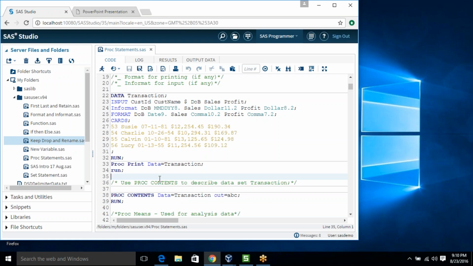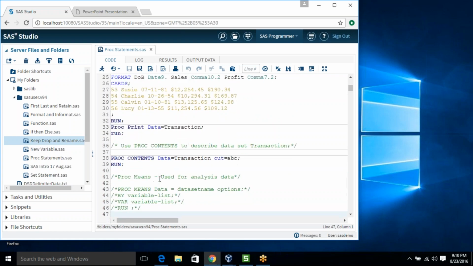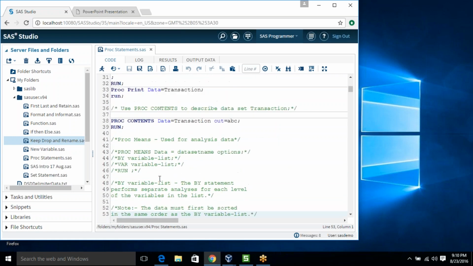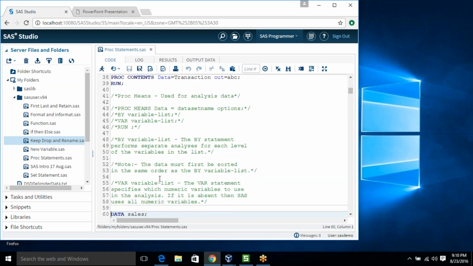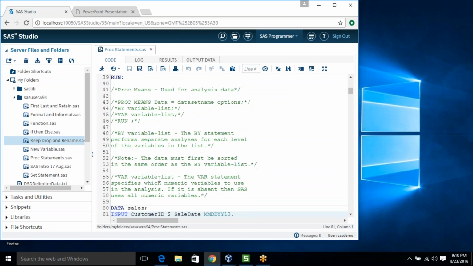Proc means. Proc means is a most important topic, a most important procedure. If anyone has any doubt, let me know, because I am already telling you proc means is a very important one.